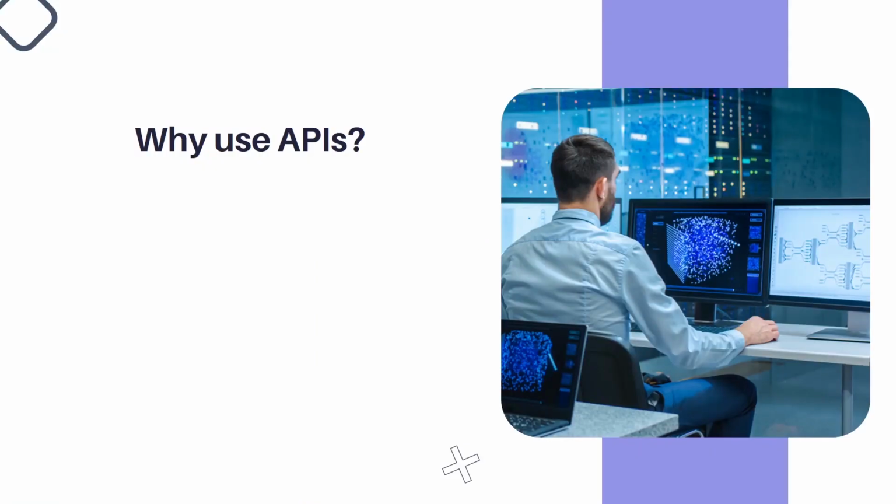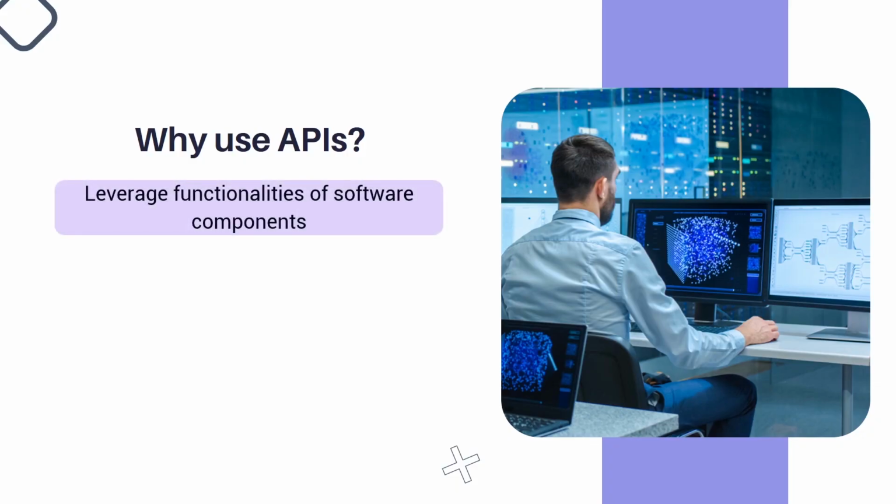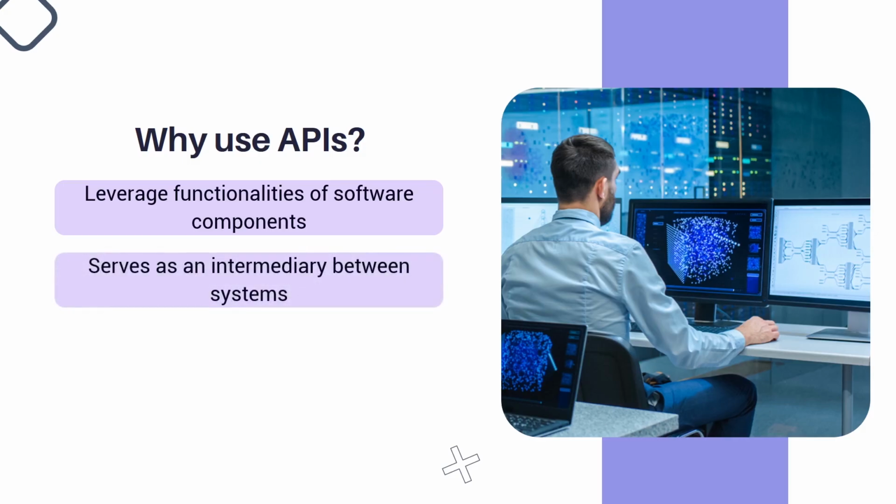So why should one even consider using APIs in the first place? Well, APIs provide a way for different applications or services to leverage the functionalities of other software components without needing to understand the complexities of its implementation. They act as intermediaries, enabling seamless communication and data exchange between different systems, platforms, or programming languages. They also serve as building blocks for developers, allowing them to integrate existing services, access data, and extend the capabilities